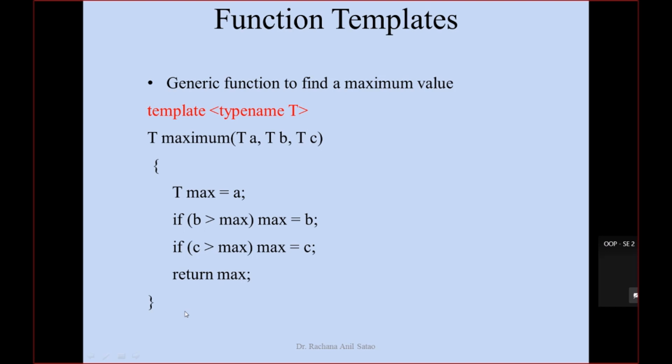Now the question is how we will call this function. And what is the reason we are writing this line in red? Now we are instructing the compiler that we are writing a generic function. Now that generic function should be created as a template. That's why the keyword template is written. And by using the keyword typename, the compiler will understand what data type this function will use, and it will be replaced by this T.